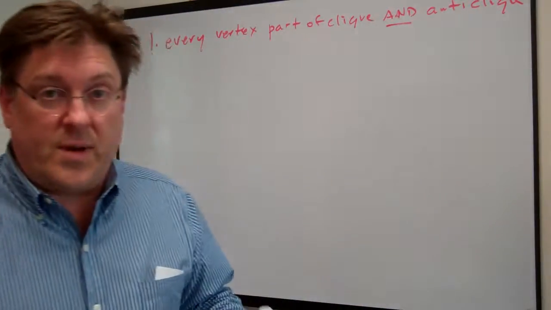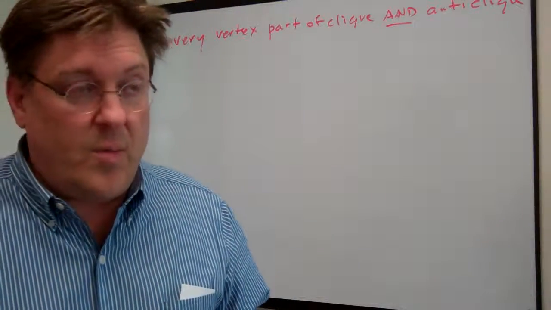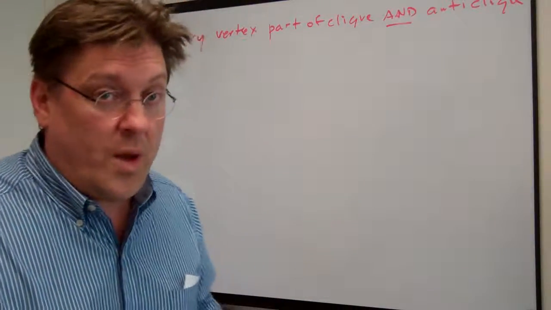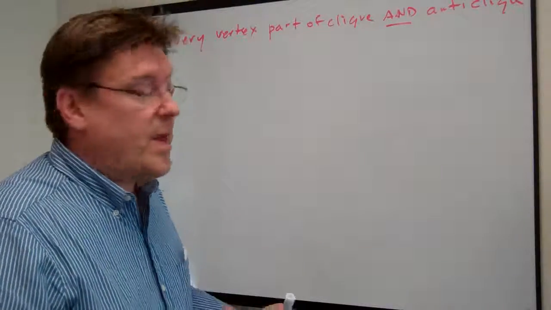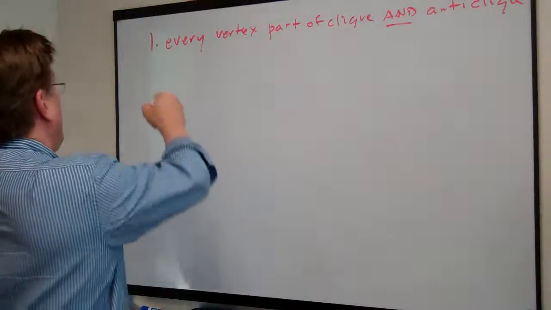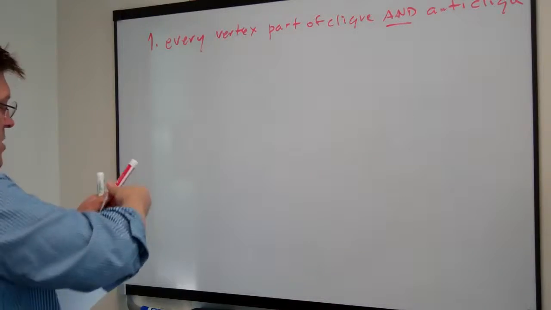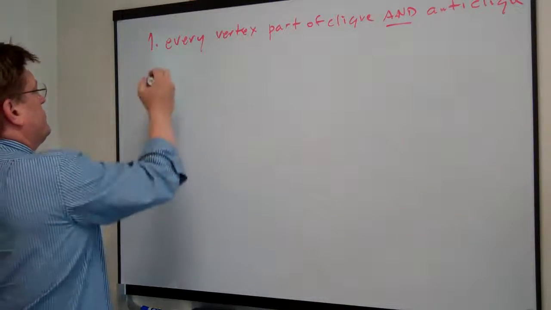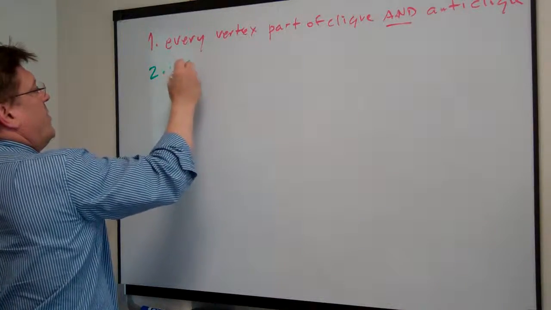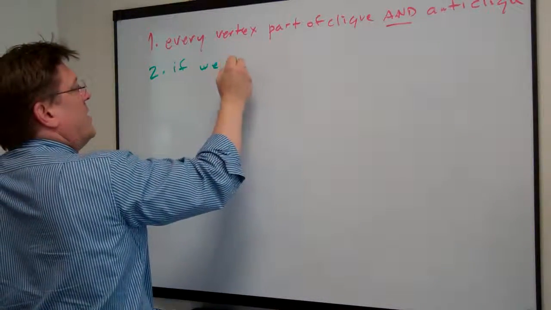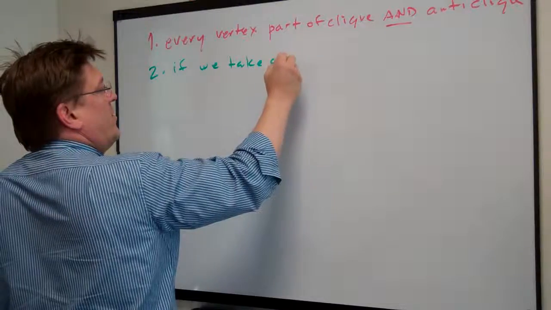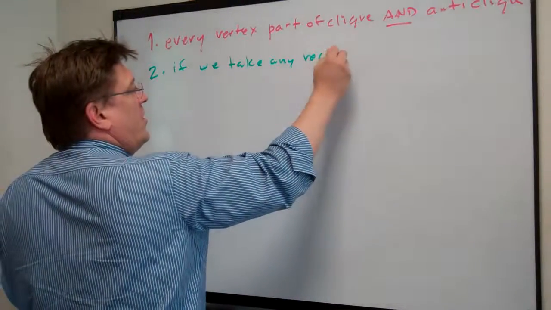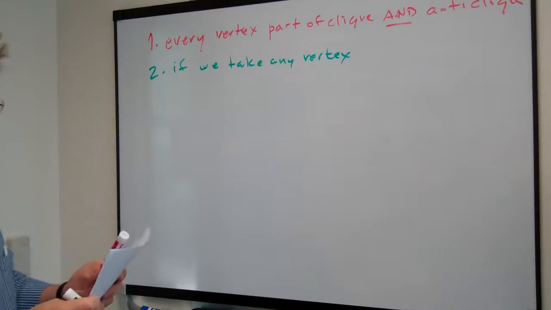Every vertex is by definition, because it's at least a member of a clique of 1 and an anti-clique of 1. At least that. So that's number 1. Number 2, if we take any particular vertex,